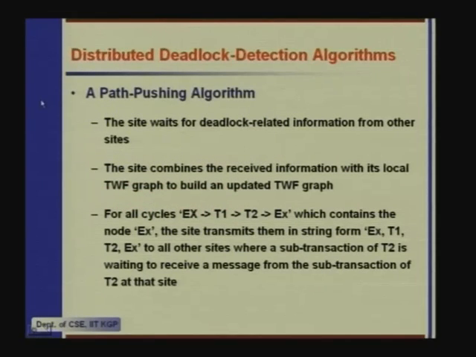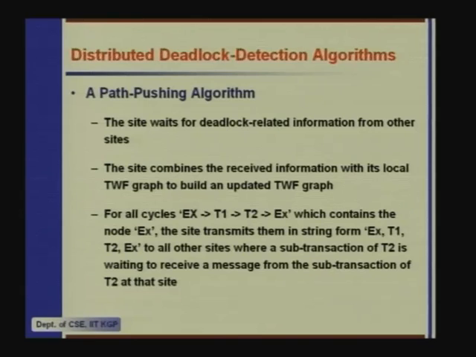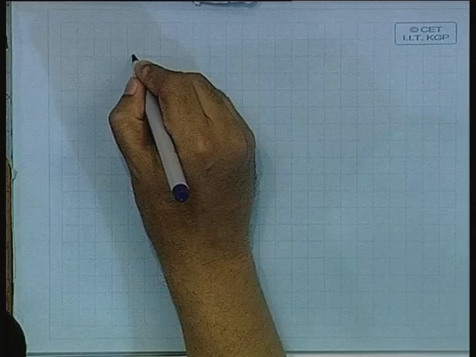Now, under the distributed deadlock detection algorithms, in the last class I had mentioned that there are at least four popular categories of algorithms. These are path pushing algorithms, edge chasing algorithms, and then diffusion computation or echo algorithm based methods, and the last one was global snapshot collection algorithm. So, we will start today with the path pushing algorithm, and in this category there are several algorithms. The one that we will pick up for our discussion is called the